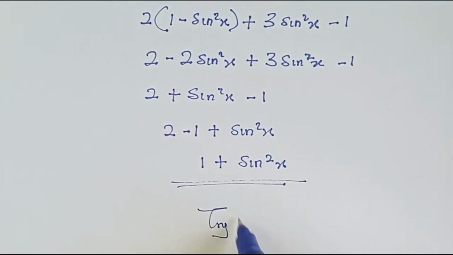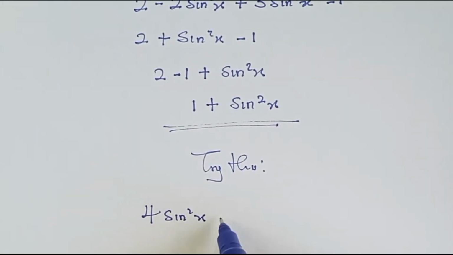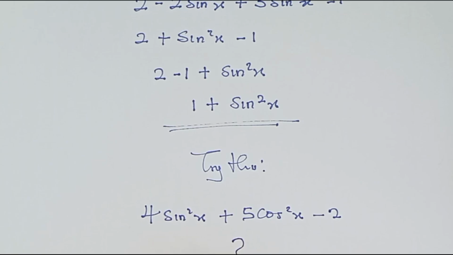Alright, so let's try this. Let's try 4 sin²x plus 5 cos²x minus 2. Okay, so I want us to try this and drop our answer